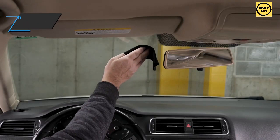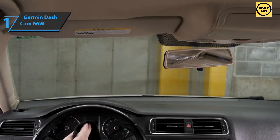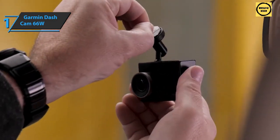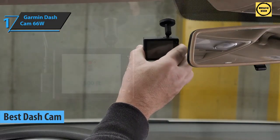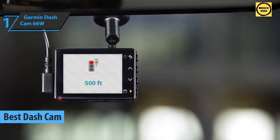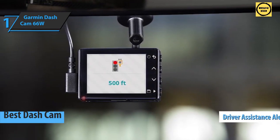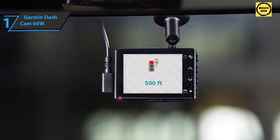And we came to the last product on our rundown for today, and a critically important car accessory. Introducing the Garmin Dash Cam 66 watt, which quite rightly took the title of the best car dash cam you can find on Amazon in 2021. The Garmin Dash Cam is more than a dashboard camera. This fella includes driver assistance warnings that can help you avoid an accident, sporting a small size so it doesn't